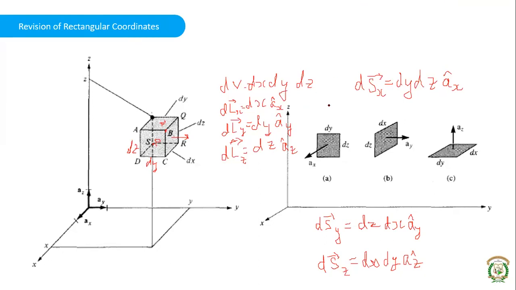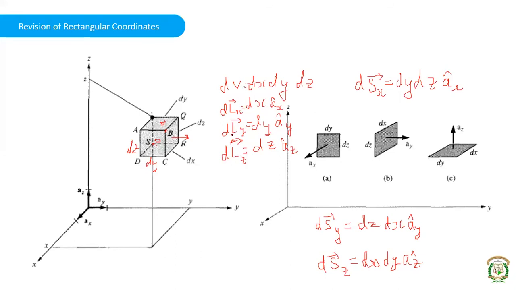So these are the different differential elements, that is differential length, differential surface, and differential volume elements in rectangular coordinates. Why we are concerned about these differential lengths, surfaces, and volume elements is because throughout the subject we perform calculus, that is differentiation and integration, by taking a small element into consideration. Then we differentiate it or integrate it with respect to length, area, or volume. So depending on the coordinate system, we need to take these particular lengths, surfaces, and volume elements. If you have not understood this, you cannot solve any problem in this particular subject.